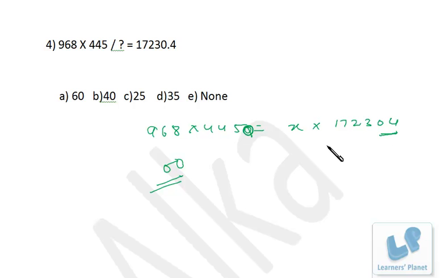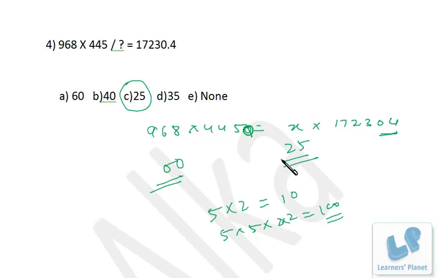Now this number is a multiple of 4, right? Now to produce two zeros, we need to have two 5s. Getting my point? One 5 and one 2 combination will produce one 0. Two 5s and two 2s will produce two zeros, right? One 5 and 2 combination will produce 1 zero. Two 5s and 2 combination will produce 2 zeros. Now here we are having two 2s, so we require two 5s. Now two 5s from the options will be had just from 25, right? So 25 must be the correct choice, right?